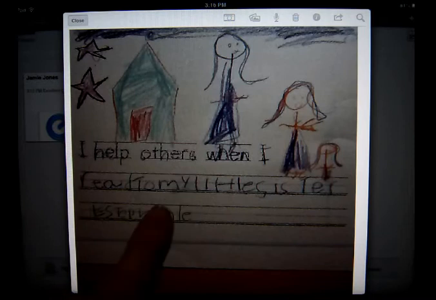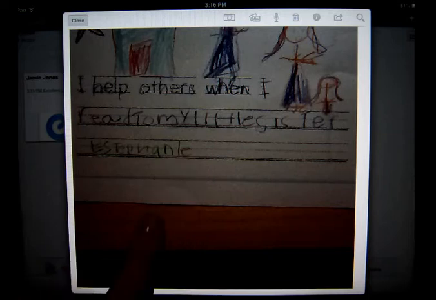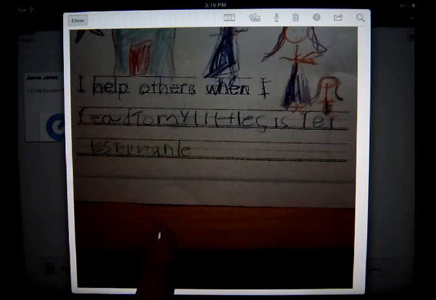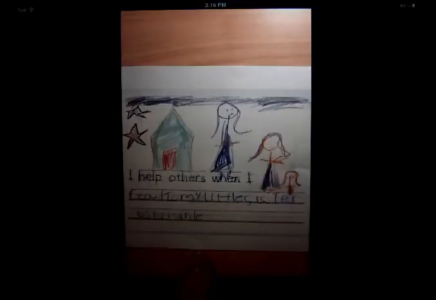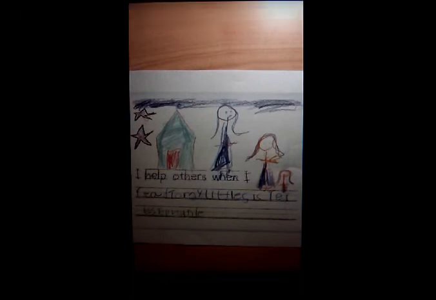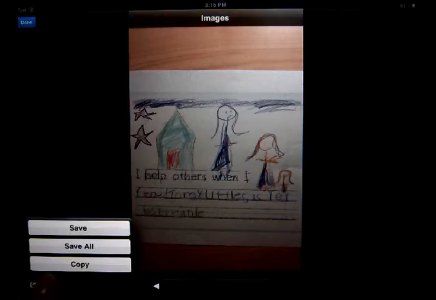To do that, I simply hold my finger on the selected picture, which opens up the image, and then using the button at the bottom left hand corner of the screen, I can now select to copy that image,